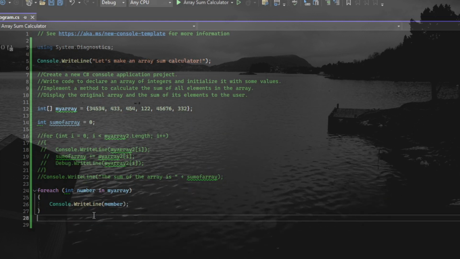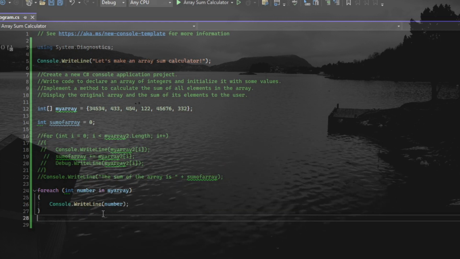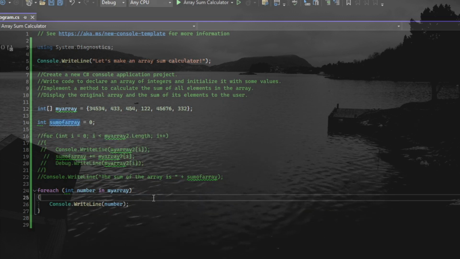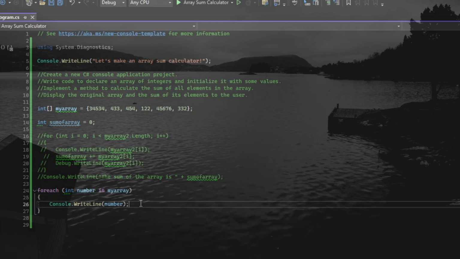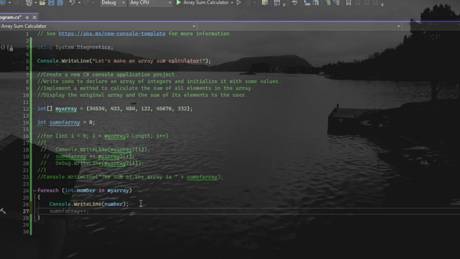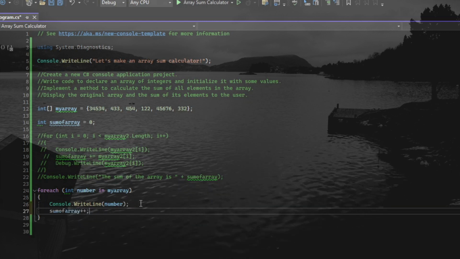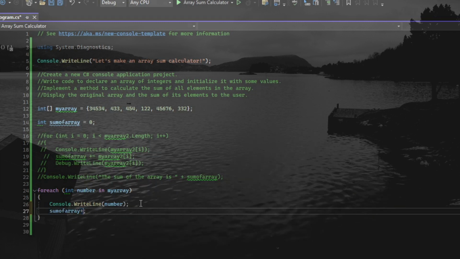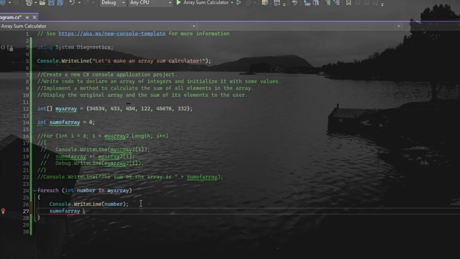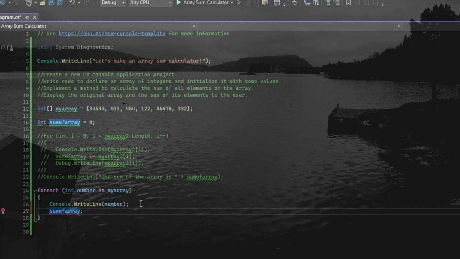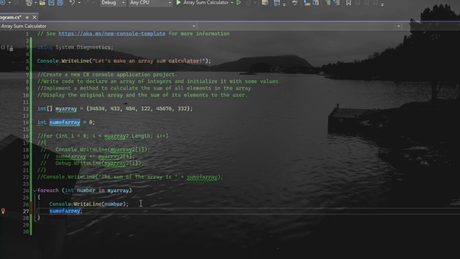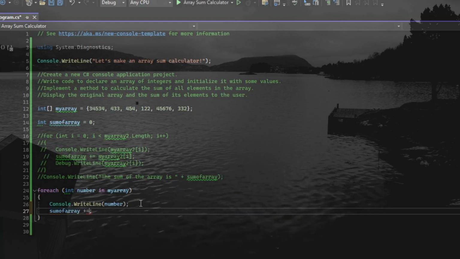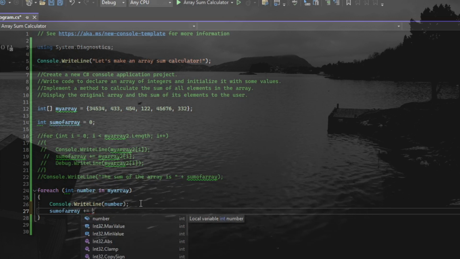And now let us see if we can sum them up. So then we still have this variable sum of array here. So let's put that into the loop as well. Sum of array, and it's not going to be incremented like this. It's going to be, well, starts at 0, and then we're going to do plus equals the number,